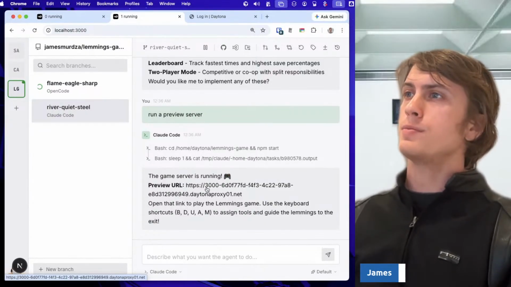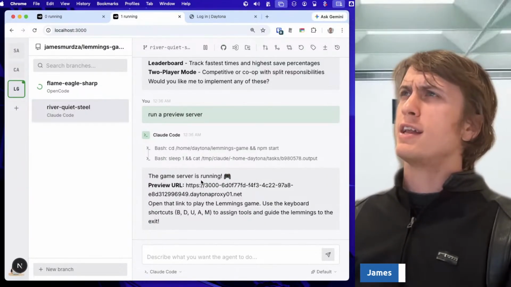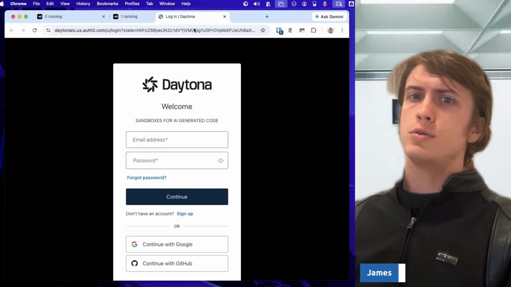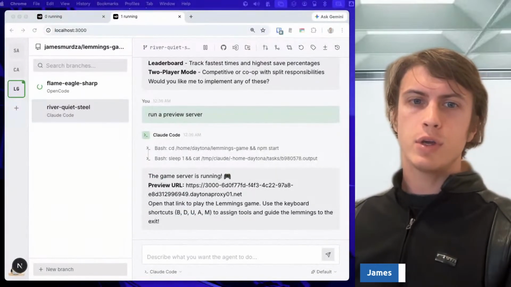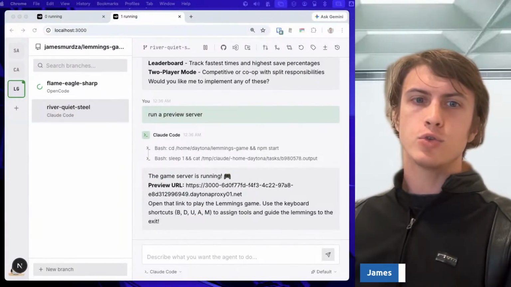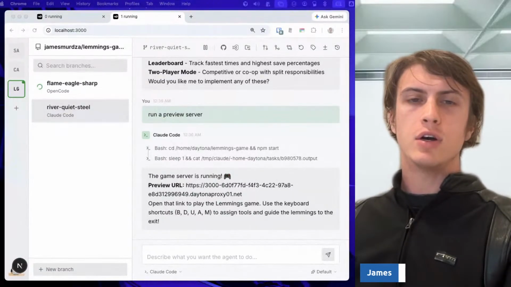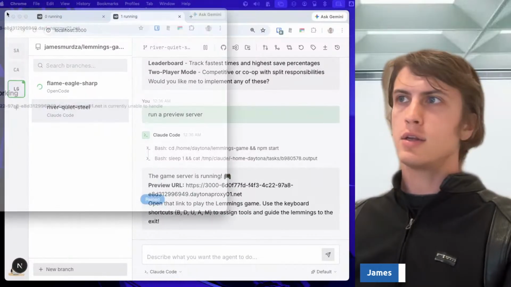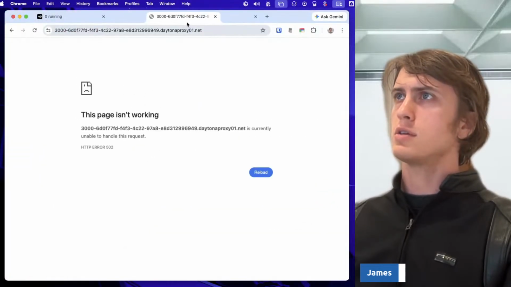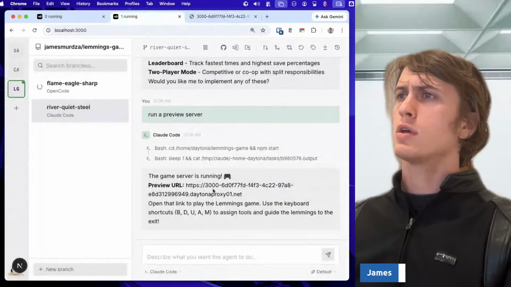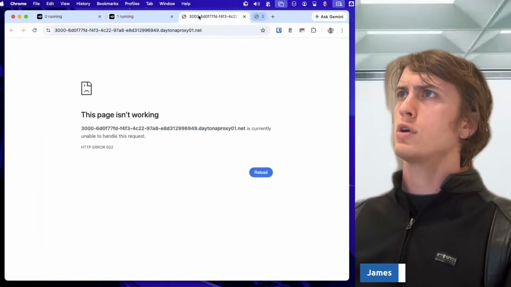So it looks like I need to log into Daytona real quick. You can also set these to be public, but for security, you can make these URLs require sign in. So let's see if that's going to work. It said this would work, but maybe